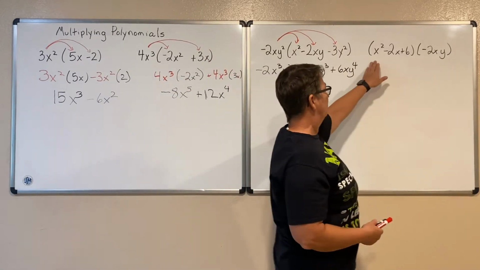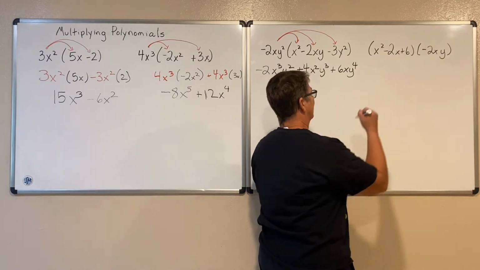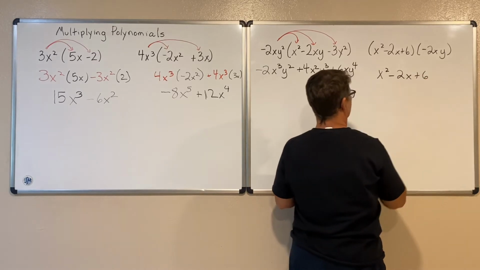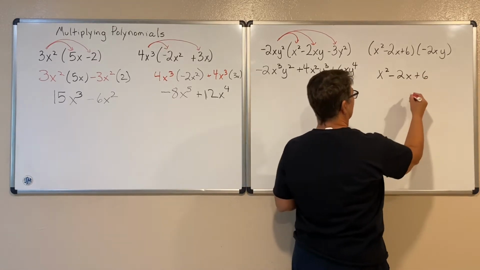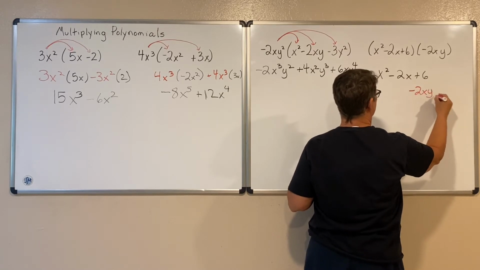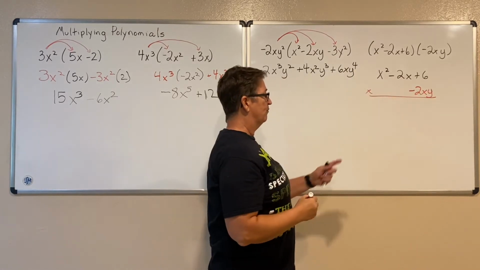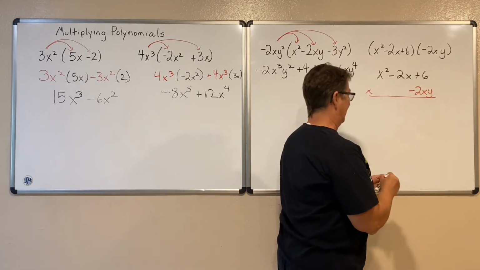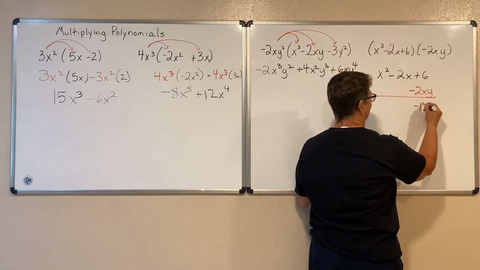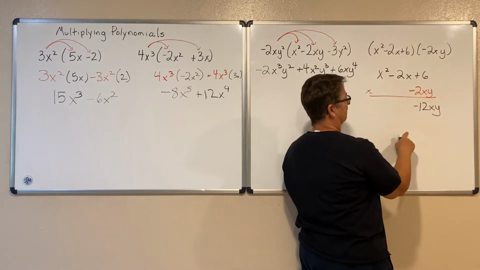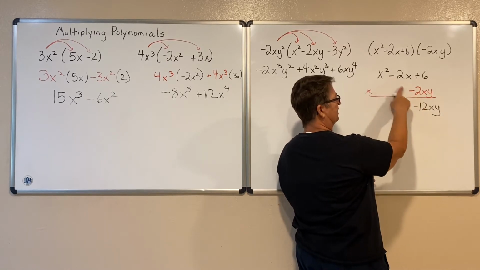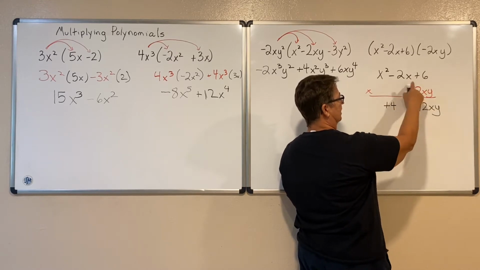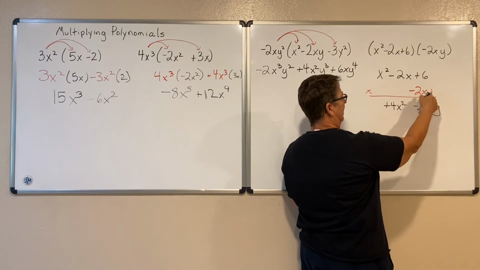Maybe I write this to help me see it. I could write it like this: x squared minus 2x plus 6 times negative 2xy. You could think of it this way, where I'm multiplying this times that. So negative 2 times 6 gives me a negative 12xy. I'm going to multiply this times that. Negative 2 times negative 2 is a positive 4. X times x is x squared. And then the y,